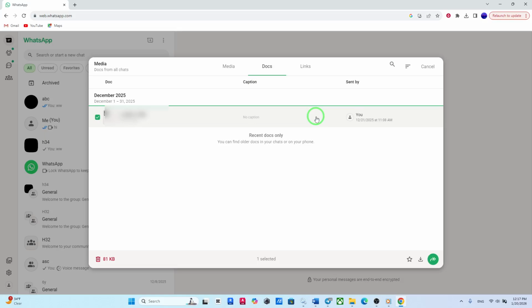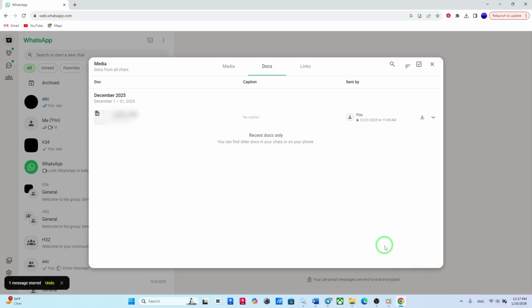Once you've selected your document, look for the star icon at the top of the window. Click on it, and just like that, those files are now starred. They'll stay saved under your starred section, making them quick and easy to find the next time you open WhatsApp Web. This new feature is all about keeping your important files within reach, cutting out the need to scroll endlessly